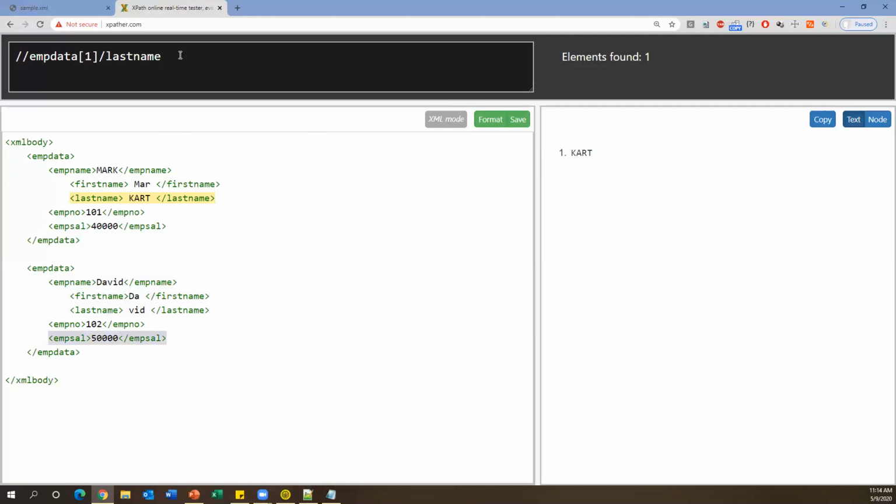So for that, when I say emp data, it will give you 2 records. So I need to go to the second emp data record. So I can simply say 2. Now it is returning the data of the second emp record. From this, I want to extract emp sal, so we can say slash emp sal. Now it is exactly returning the data. So this is how we can just use XPath to capture the specific node or data from the XML file